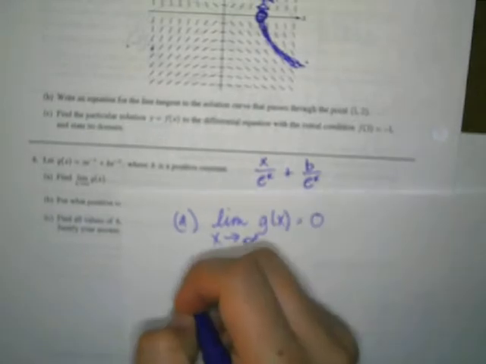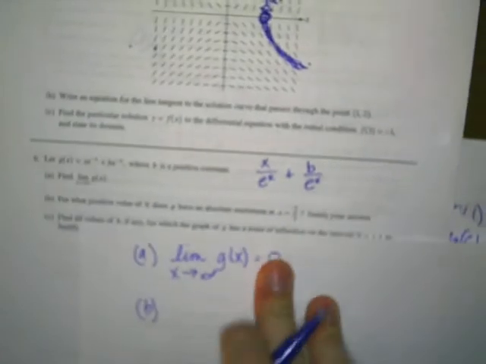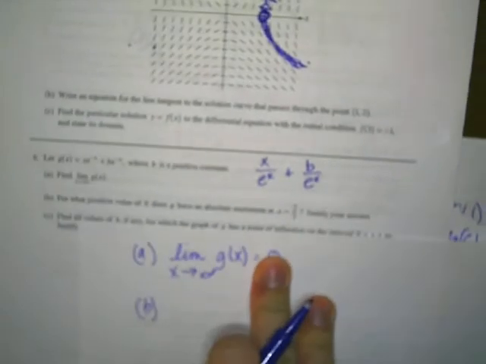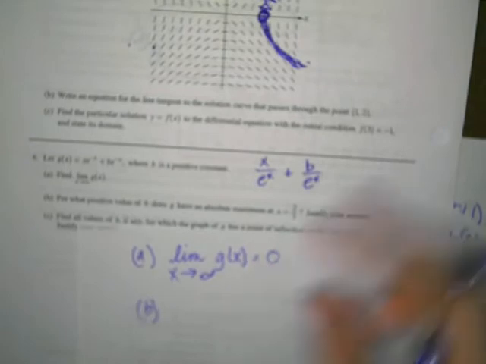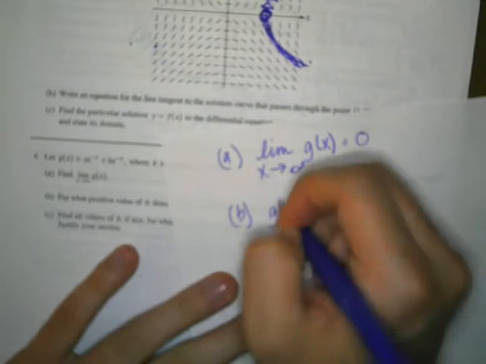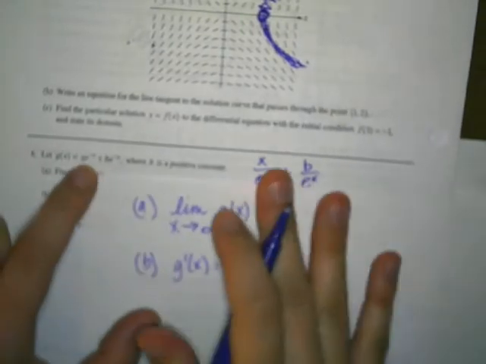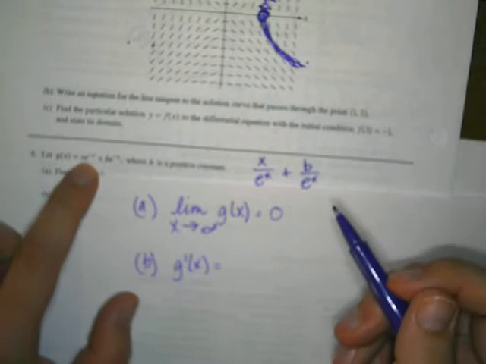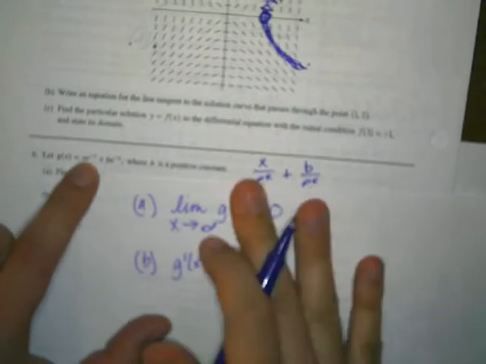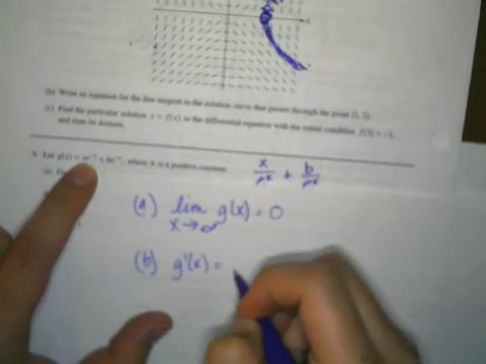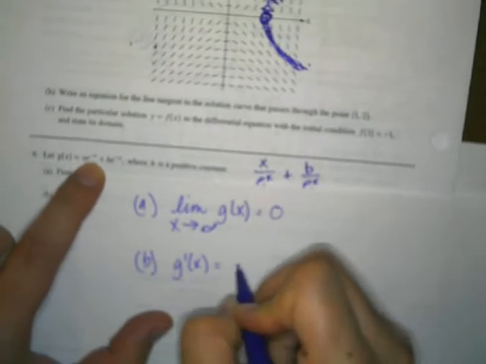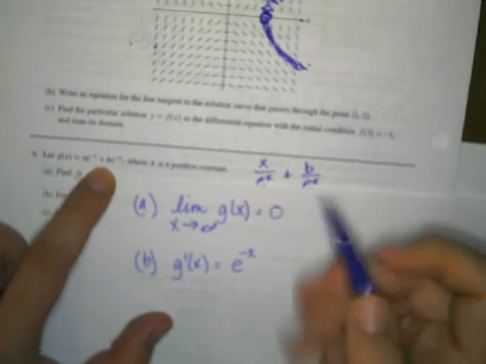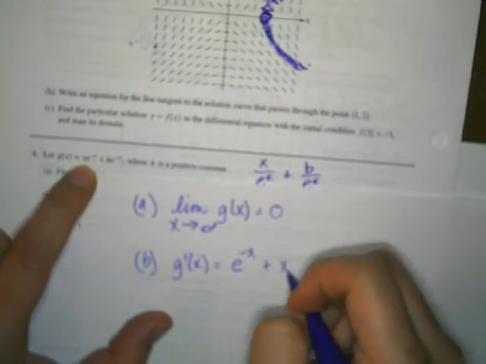And then for b, for what positive value of b does g have an absolute maximum at x equals 2/3, and justify your answer. So we have to find g prime, because if we're looking for a maximum, then we have to look at the derivative and see where my relative maximums are. We have to use the product rule here. So you have the derivative of the first times the second plus the first times the derivative of the second,